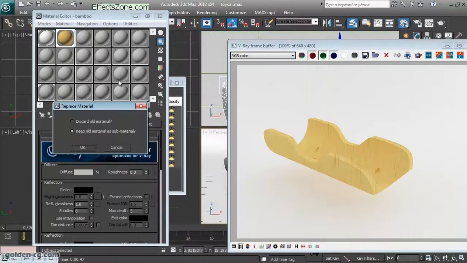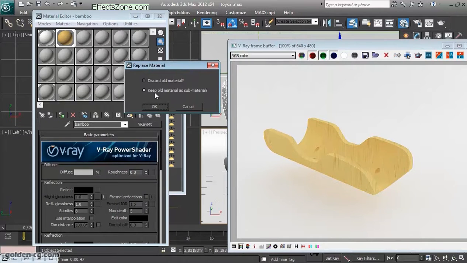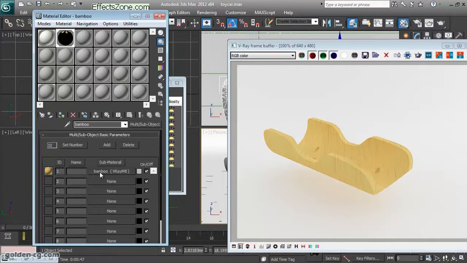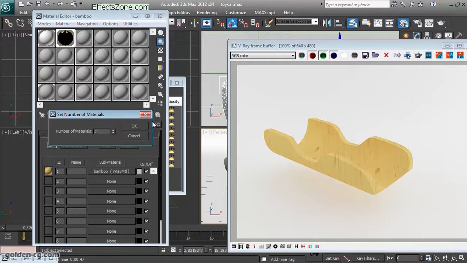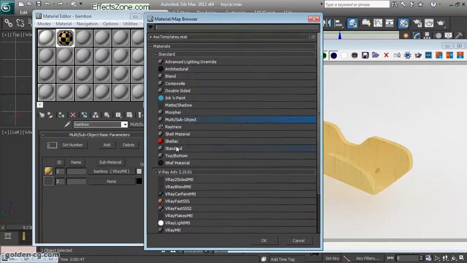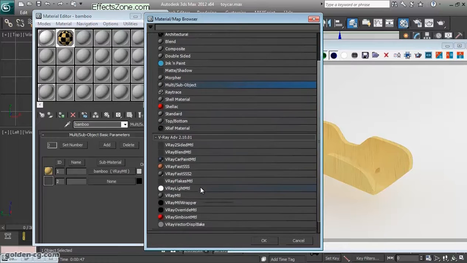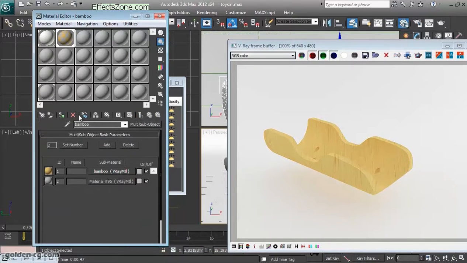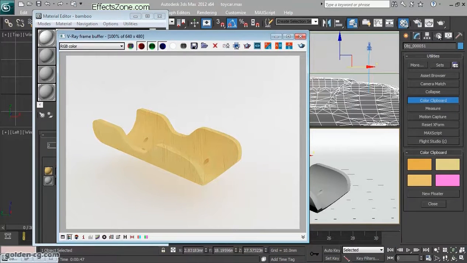and when I double click I make sure I will choose keep old material as sub materials. If you discard the old materials, what we already created will be removed, so I am going to keep it. So this bamboo wood is the first material, and we just have two material IDs, so I just choose the two. And for this also we will use the standard V-Ray standard material. We will change it later. For now, just render the scene again,